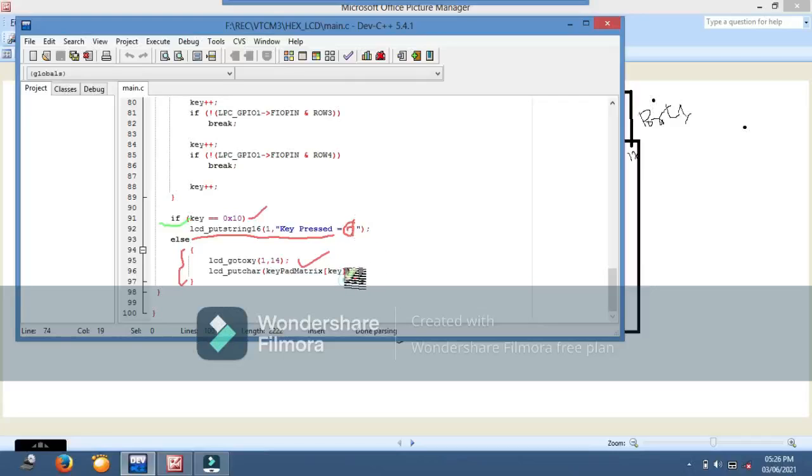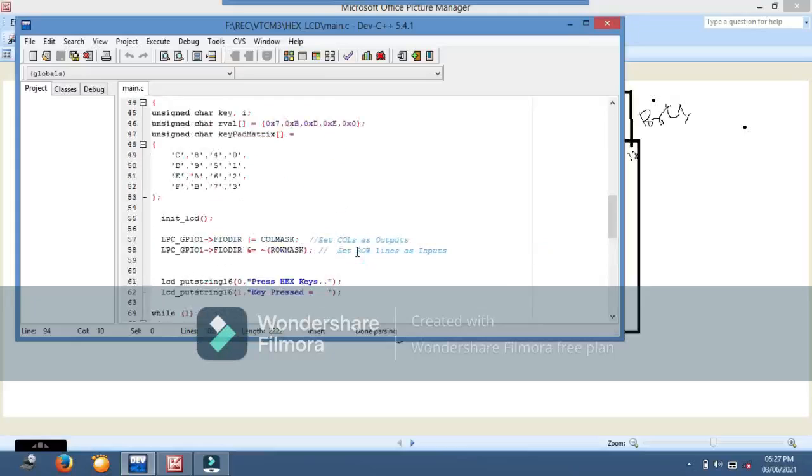So there we are sending to the LCD the keypad matrix of key. What is the keypad matrix of key? What is key now? Key is 0, right? So keypad matrix of 0 is what?